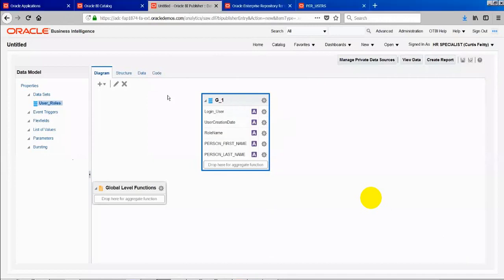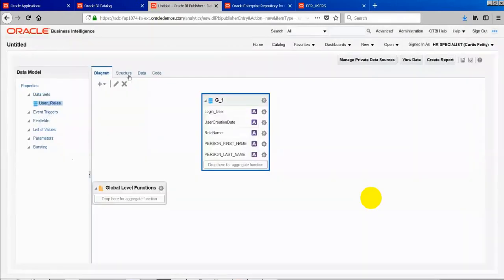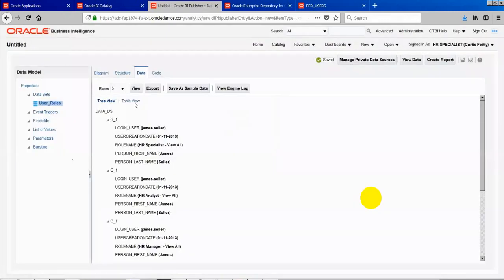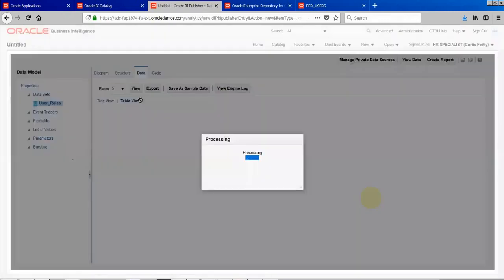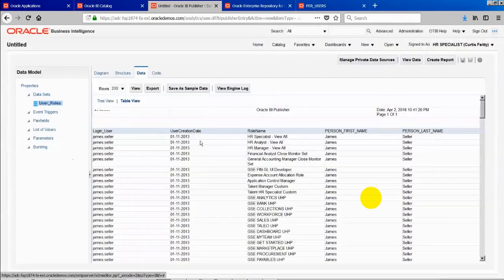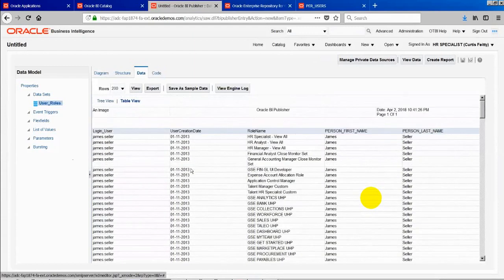Now I'm taking out this condition. So now I'm going to data. We can view up to 5 rows, and by default it's tree view. If you go to table view, we can say get up to 200 rows. What if you want to get all the data? We cannot get it here. It's a data model. A data model is all about a model of the data. Typically there are 2 ways of doing it. Save the data model and create a report. How do you create a report?